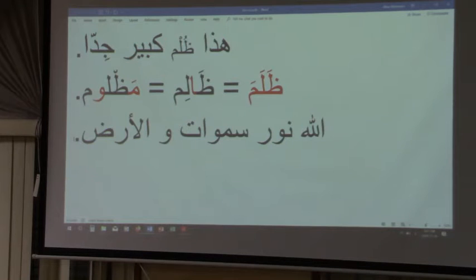No revision. هذا ظلم كبير. هذا ظلم كبير جدا جدا. وعليكم السلام ورحمة الله وبركاته. ما معنى الله نور السماوات والأرض؟